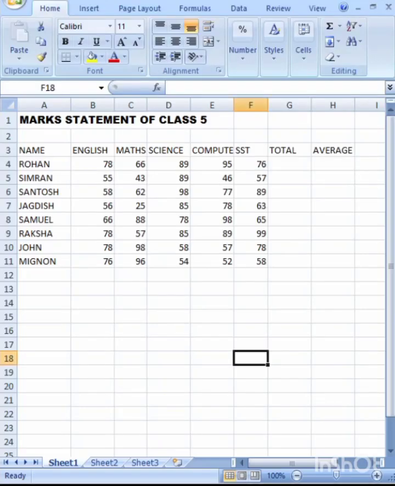So let's discuss using a formula in Excel. What are the elements of a formula? Suppose I want to calculate the total of these marks. I can click on the cell of the total and write a formula. A formula always begins with an equal to sign. Put equal to, and then whichever cells we want to add,